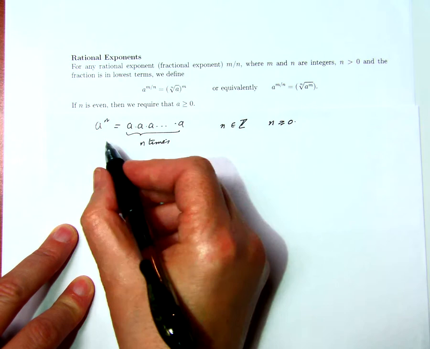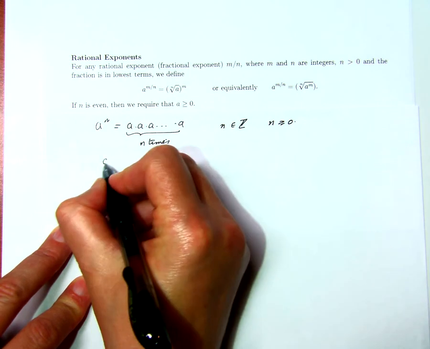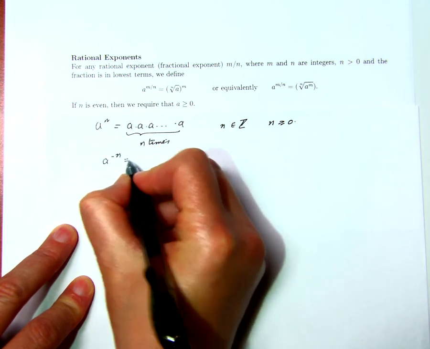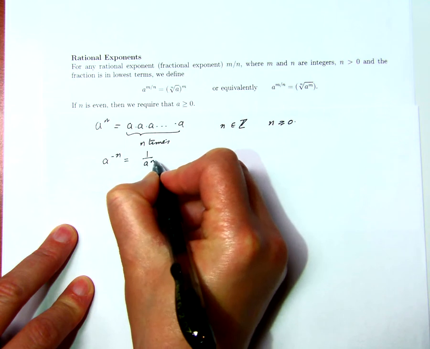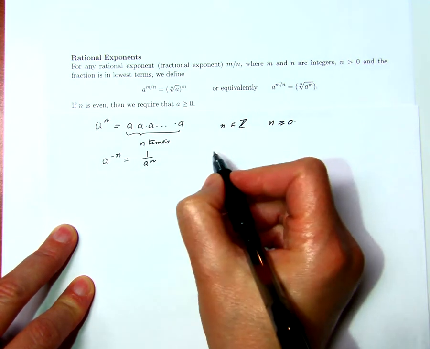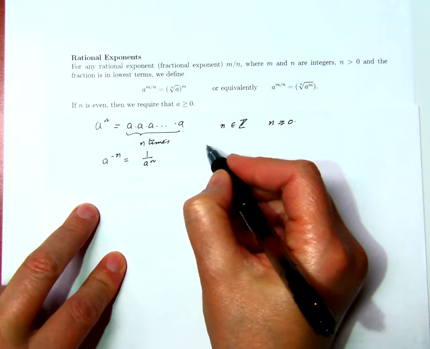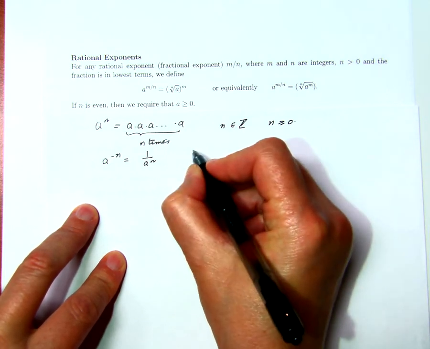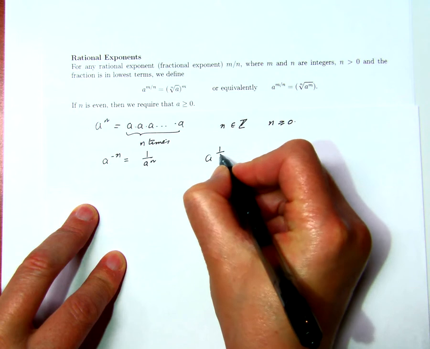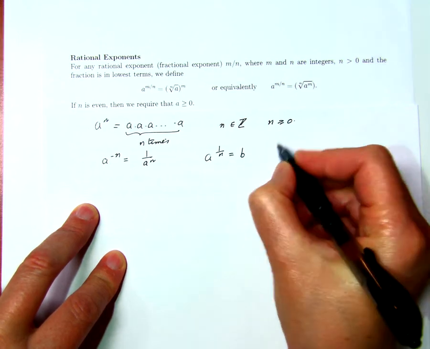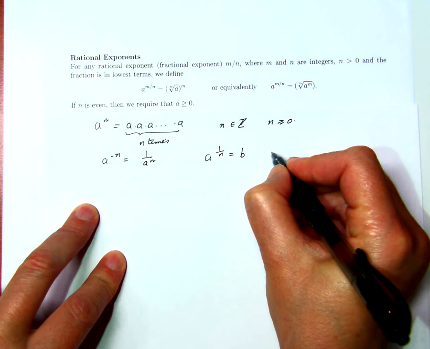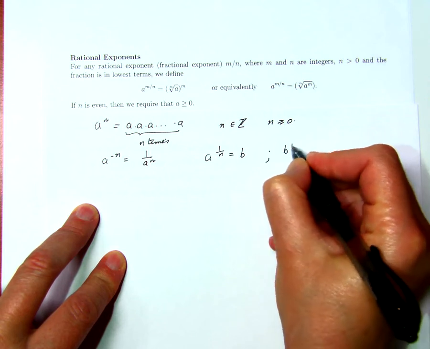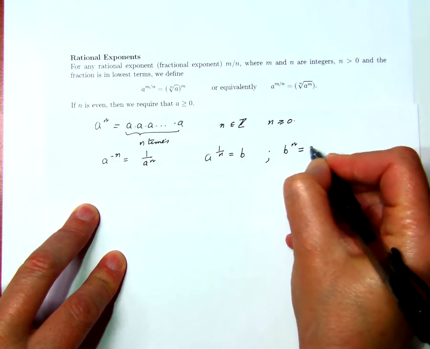and of course a to the 0 is 1, and then a to the minus n is 1 over a to the n. And this gives us a to the n for every integer. And then we defined a to the 1 over n as that unique number b such that b to the n equals a,